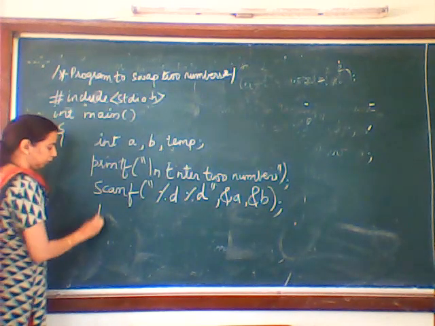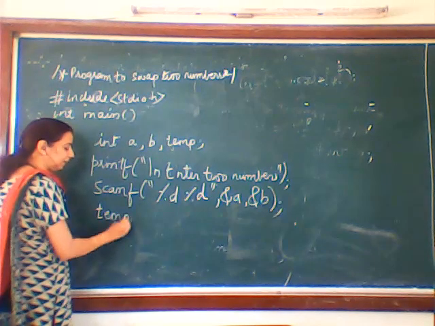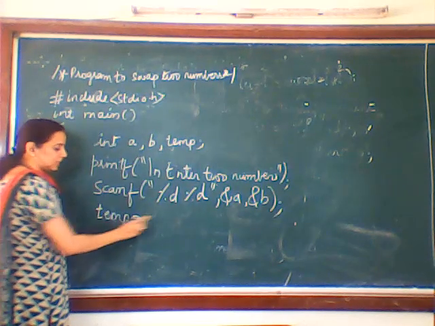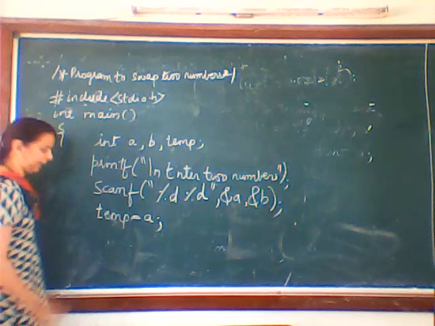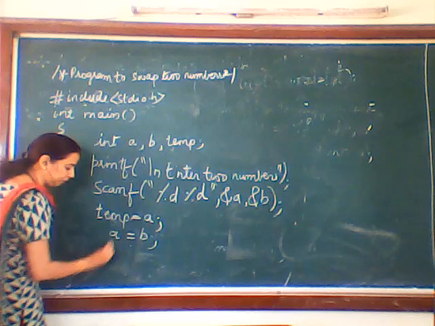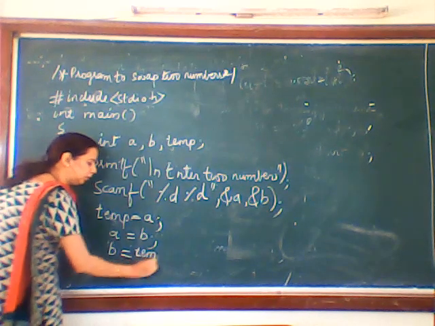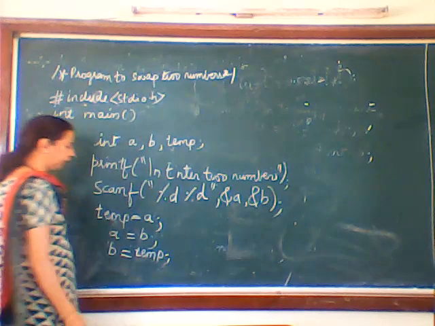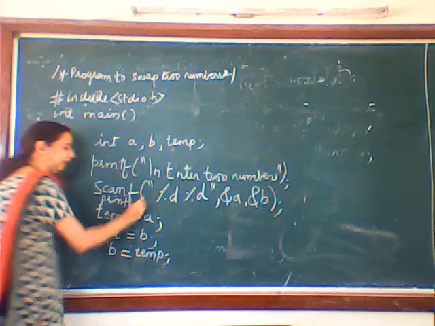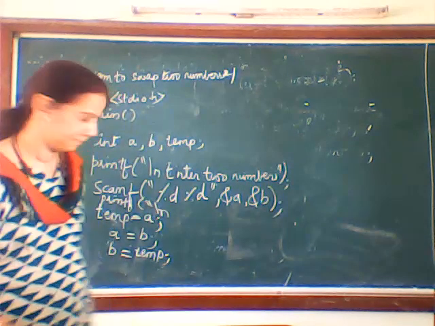Now we start exchanging. Now we have this temporary variable which is initially empty. In this we will assign the value of A. So temp is equal to A. In A we want to store the value of B. So I'll say A is equal to B. And in B we are going to store whatever is there in temp. So we'll say B is equal to temp. Okay. Now just before this we'll display one statement. We'll say printf before swapping we are going to